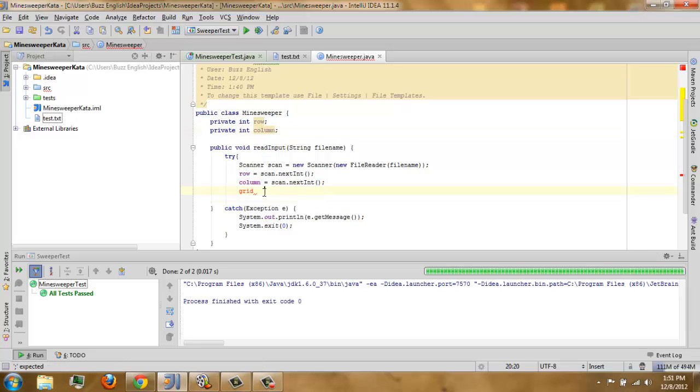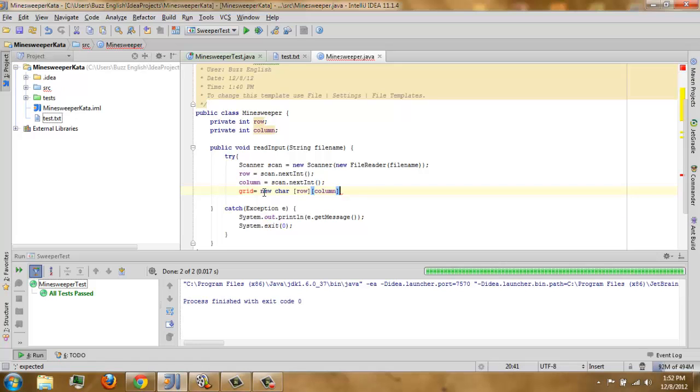Then next we're going to make our grid. Our grid will be a two-dimensional array of characters, char, with the dimensions row and column.